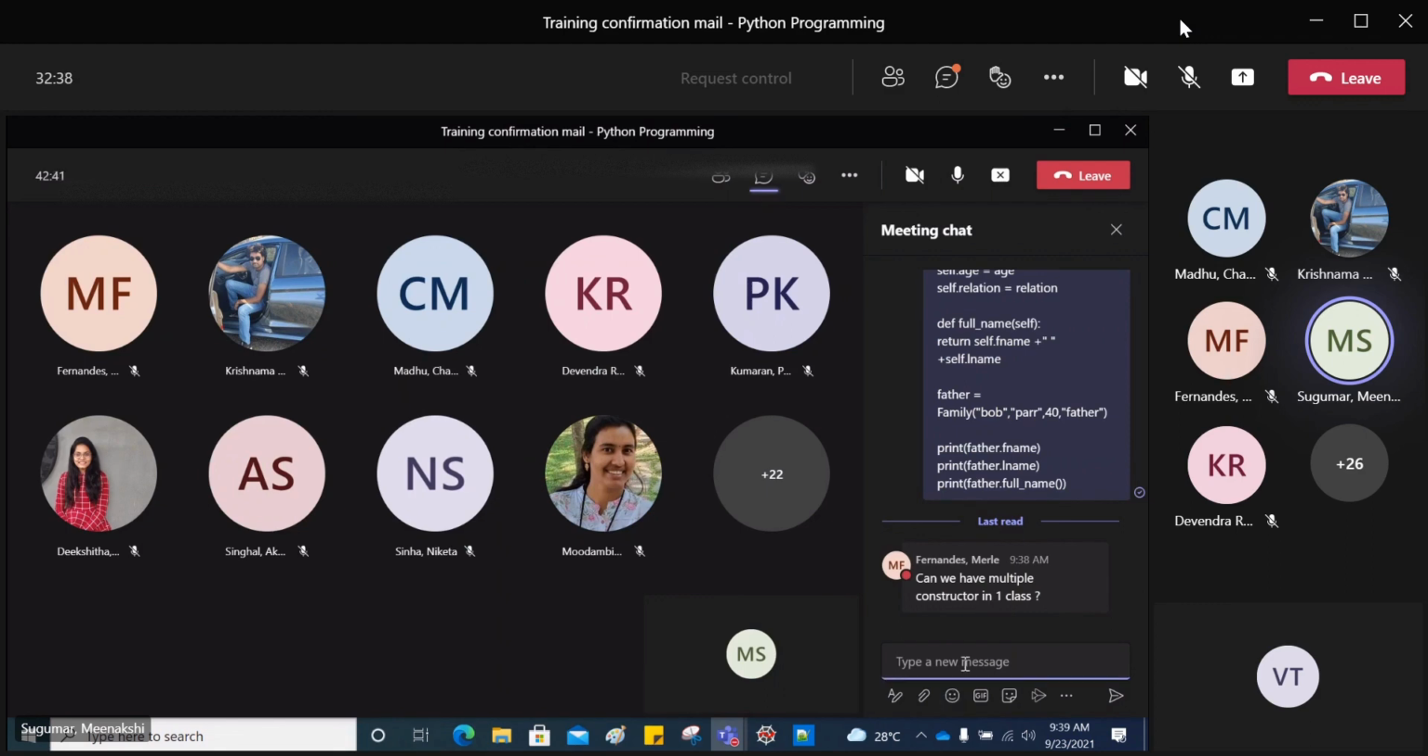Okay, I think we have a question: can we have multiple constructors in some class? Like explicitly, this Python